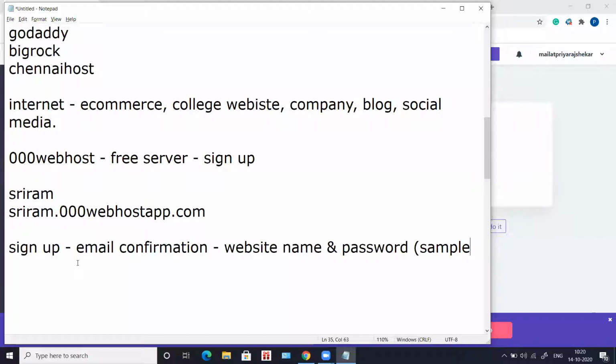So again, here make sure you give a unique name. Maybe you can give your own name with some numbers, or with any pet name, something like that, and you give a password, and yes, you're good to go. Whatever name you give here, it is going to create a URL with that name, 000webhostapp.com.